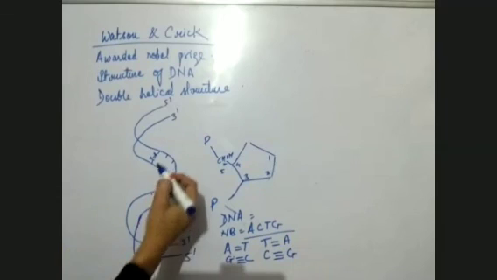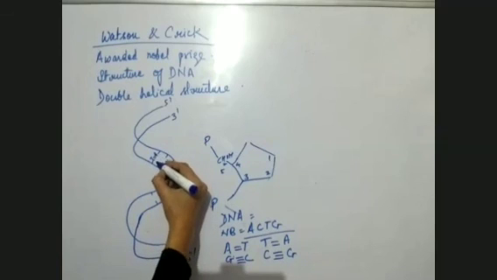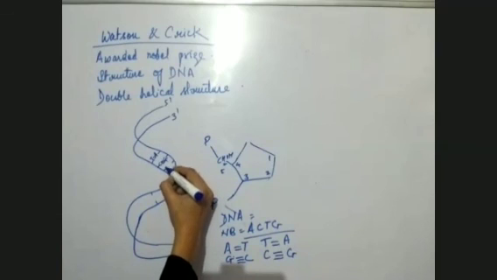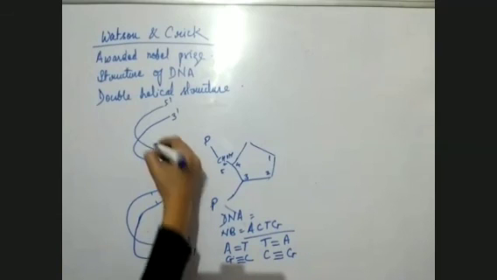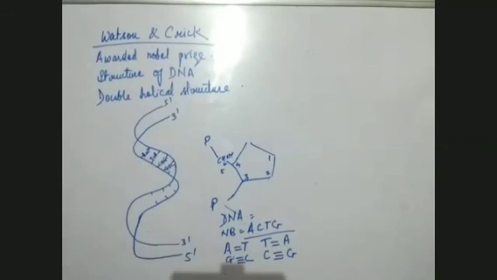So here I have shown that T was here on one strand, and it paired with A of the other strand by a double bond. Suppose here we have C, it will pair with a triple bond with G. Suppose we have here G, it will pair with a triple bond with C. Suppose here we have A, it will pair with a double bond with T. So this is how both the strands of DNA are kept in position and held together in a DNA molecule. So this is the simplest structure of DNA, which was given by the two scientists, Watson and Crick.